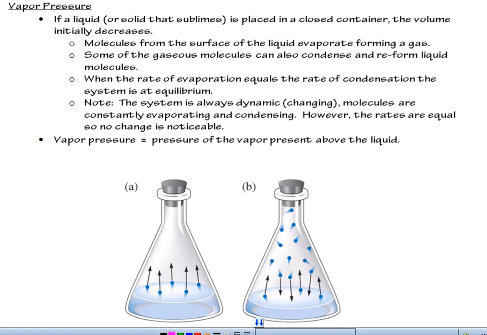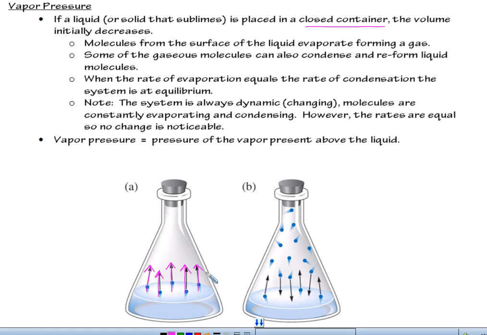Here's what happens. Let's say I have water or any liquid in a closed container, and that's key. We're talking about a closed container, so there's a stopper on these flasks. If you were to stare at the volume of this liquid over time, you'd initially notice a slight decrease in volume. Here's why. Initially, particles on the surface of the liquid have a tendency to evaporate and enter the gas phase. So here's particles from the surface of my liquid